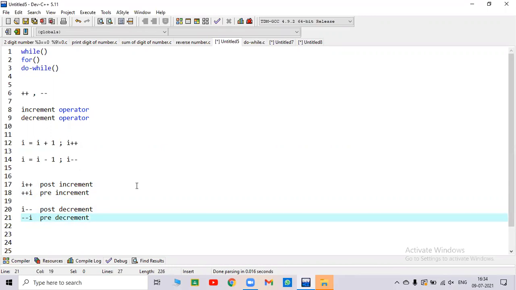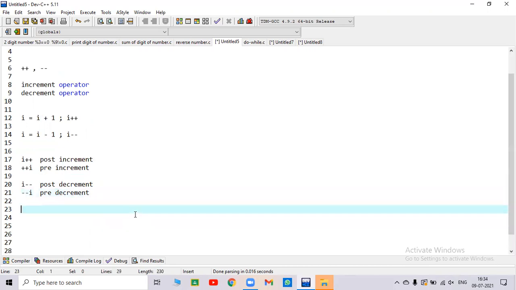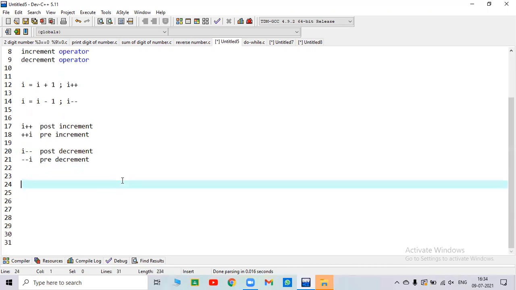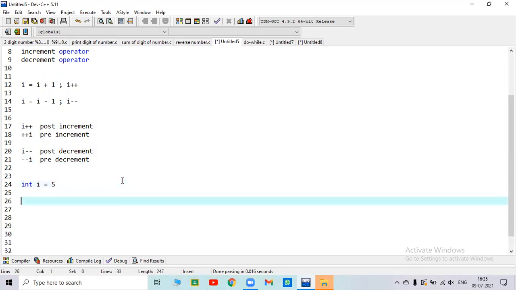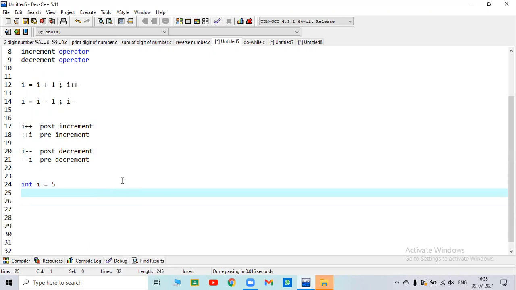So there is a little difference between post increment and pre increment. Suppose here int i equal to 5, and after that we are printing this.